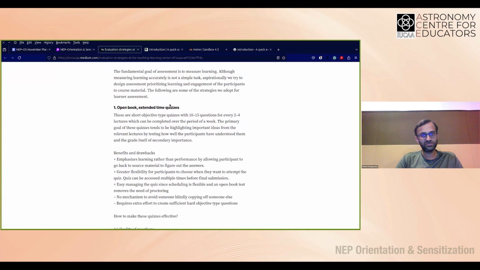So, what are the sort of assessments we tried for? Especially in higher education, in my opinion, we need to focus a lot more on open book and extended time quizzes rather than MCQs that are fact based or very simple, time restricted ones. Because much of what we learn is at a level where, more than recalling a fact, trying to apply it and using some scientific reasoning to get to a solution is more important than remembering or simply applying some of the facts one has learned.